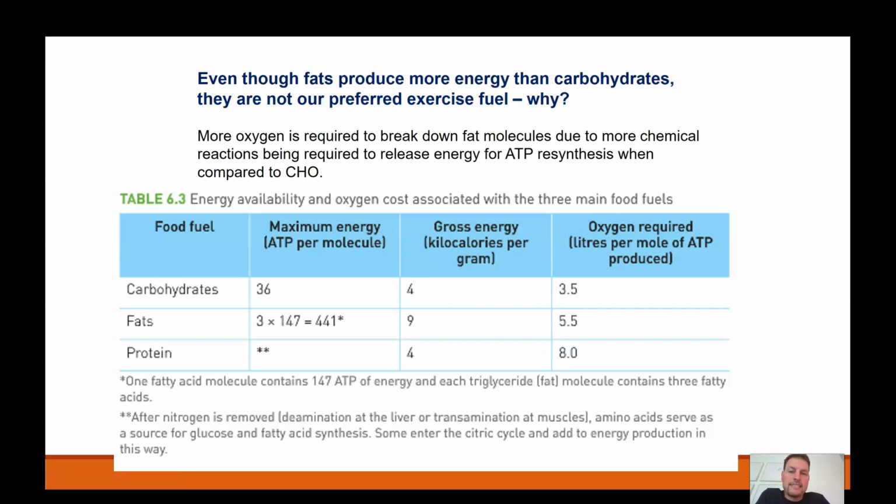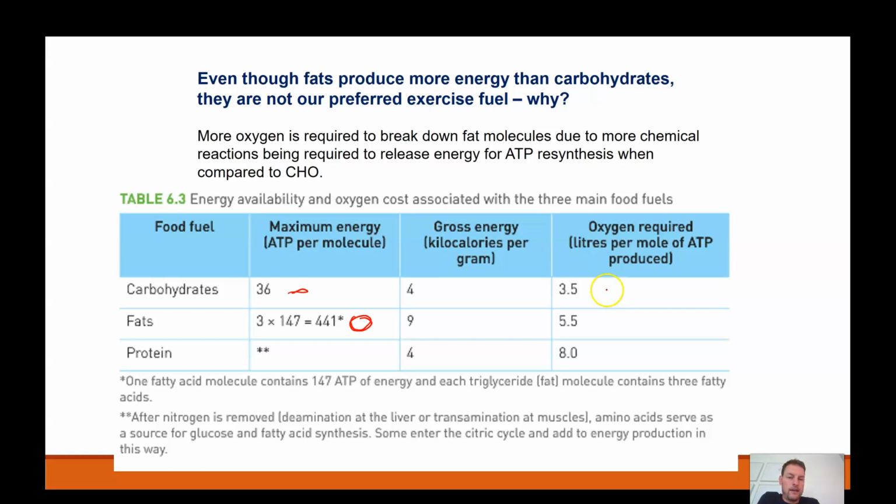Okay, and so for our last slide today, we're going to go over something I've already talked about. Even though fats produce the most energy, so they have the greatest yield, why do we use carbohydrates more? Well, that's because of the amount of oxygen they require. Remember we said fats have the greatest yield, so 441 ATP for a triglyceride compared to